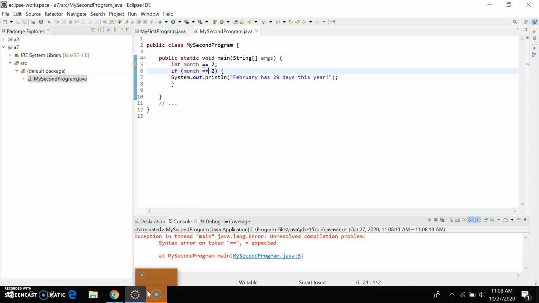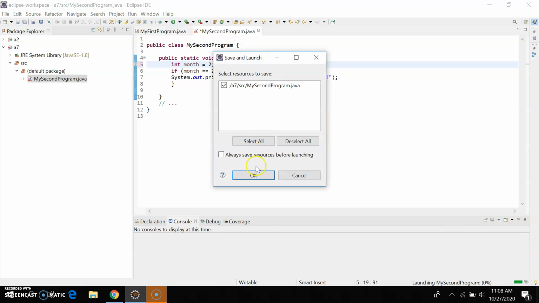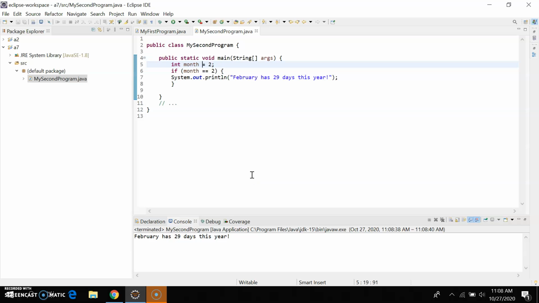I don't know what's wrong with the code. Let's see the error. Strange. Usually it's supposed to be equal, but since it's like that,